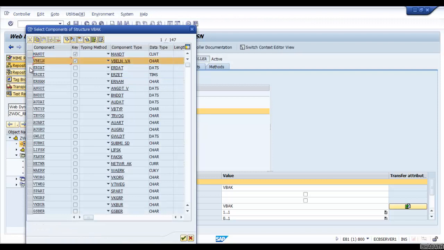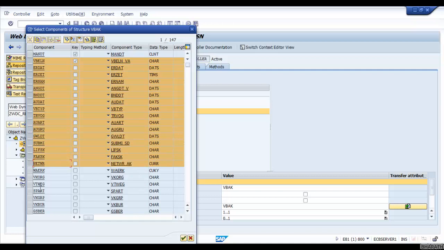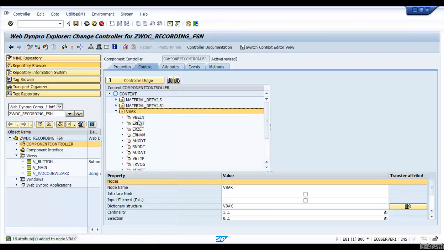Let's say I select a couple of fields here. I have selected around 10 to 15 fields. Click OK. Now these fields are created as context attributes. You can see the context attributes.